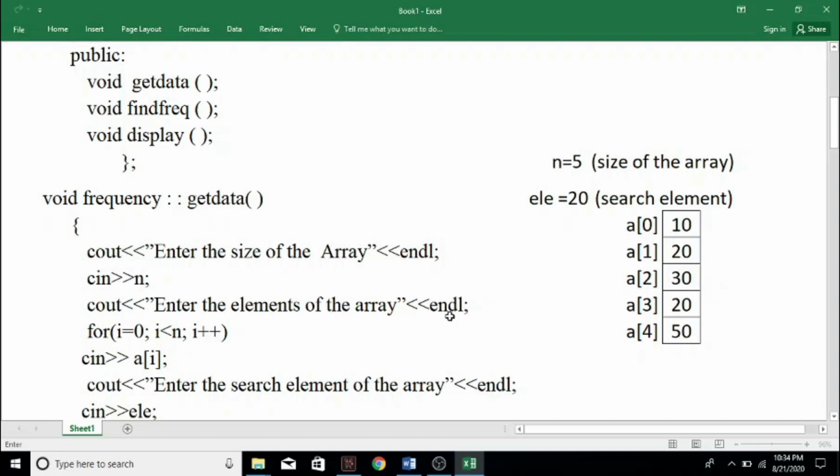Next, cout, enter the elements of the array. That means we have to give the elements to the array. For that we have to use a for loop. You remember last year we used this, right? So for entering the elements to the array, we have to use the for loop. So for i equal to 0, when i value is 0, we will check i less than n. That means 0 less than 5.